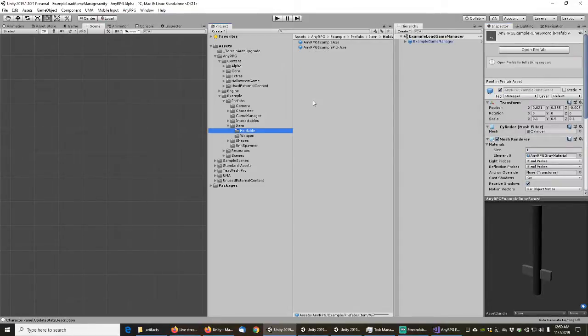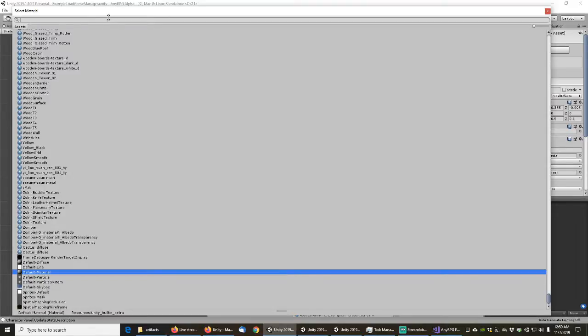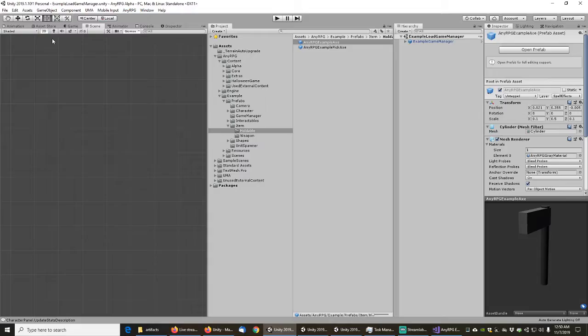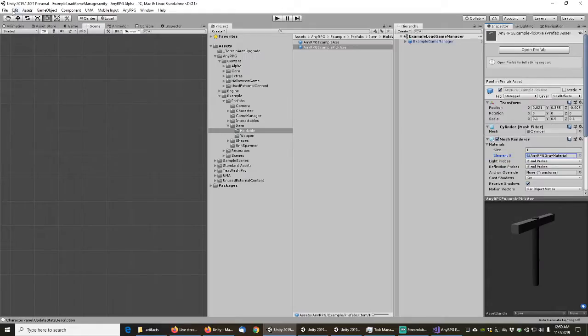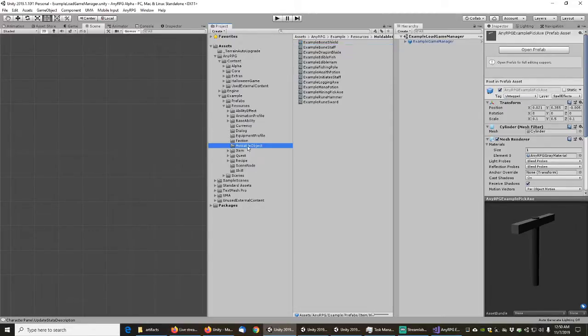Odd. Yeah, even my axe and my pickaxe are no longer gray material. Okay, fine. So those are all fixed now,